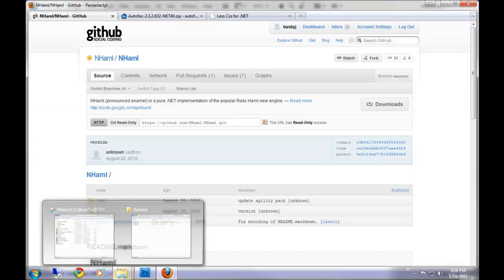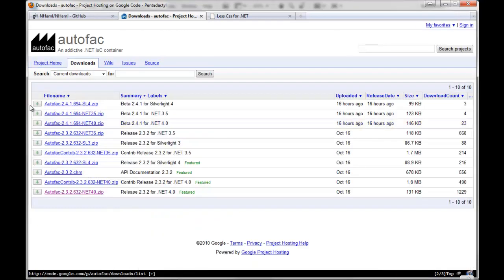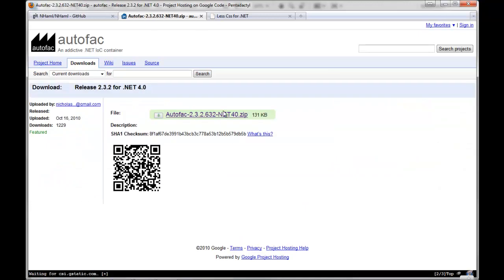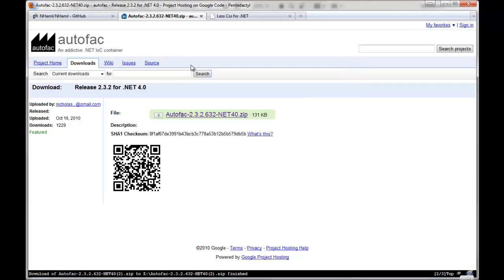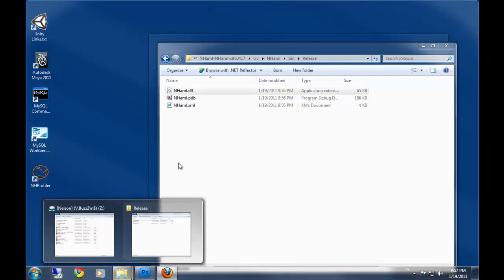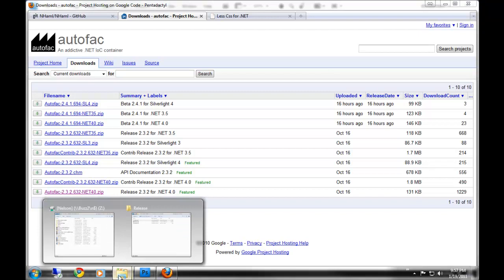So you want to move on to the next dependency? Yeah. So Autofac. code.google.com/p/Autofac. Go to their downloads folder and grab this guy. You could grab this guy. He probably would work, but it's beta and it's new, and I don't want to have any issues. So I'm going to go ahead and download that. We've already downloaded everything, just in case a website decided to go down or something like that. If I was in production, I'd probably use the beta one, but because I'm in a video,